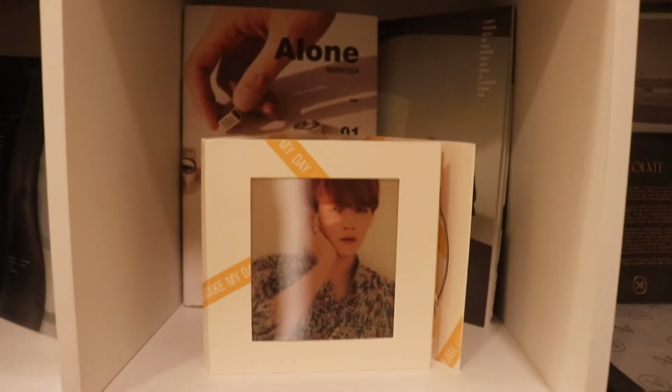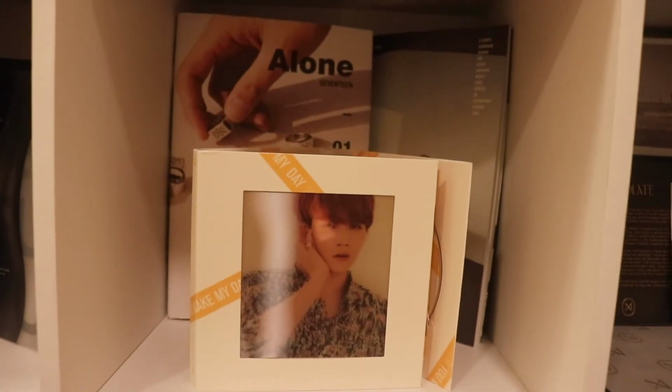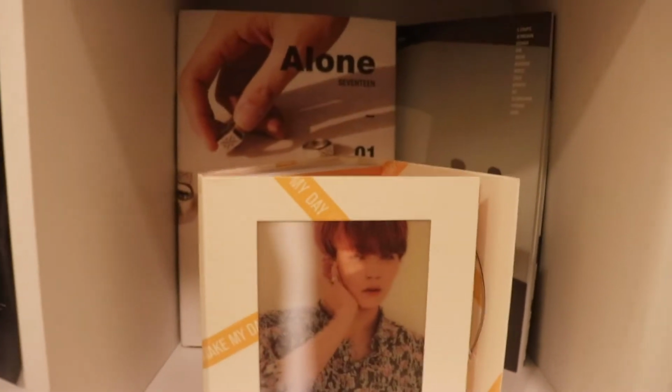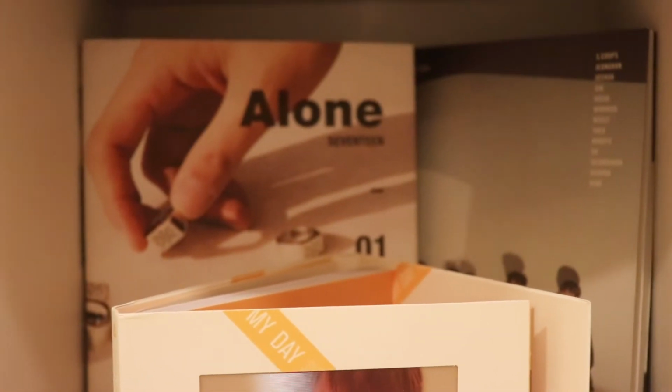Moving over to this cube, this is my SEVENTEEN cube. I have a copy of You Make My Day. I decided to display it with the lenticular because I think it looked very nice. And then in the back I have one copy of their Al1 mini album, the Alone version, which a friend gave to me, which I'm very happy to have. And then next to it,